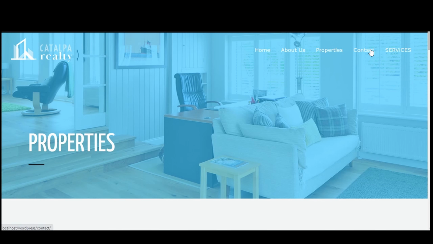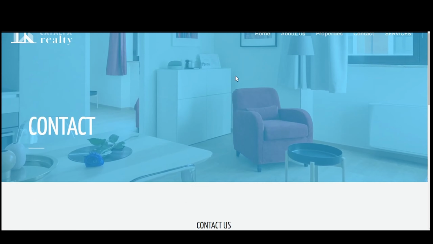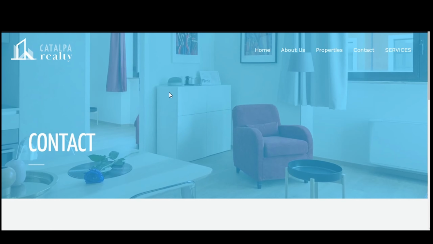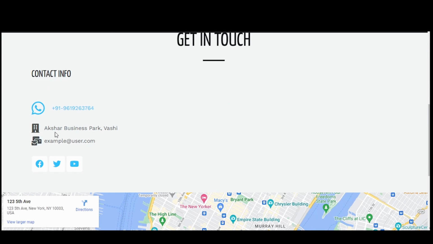So let's go to another page, that is contact. On contact, again you can see it has a background image. This image can either be kept, or you can keep it plain, or you can keep a video. It depends upon you. On this contact us, get in touch page, if we come up over here,